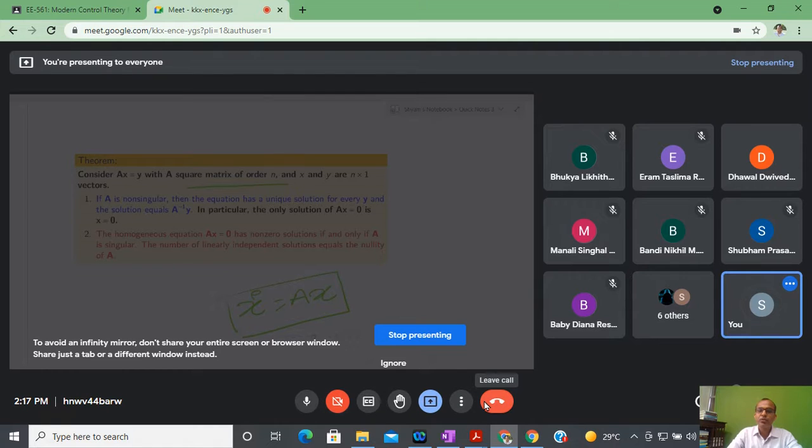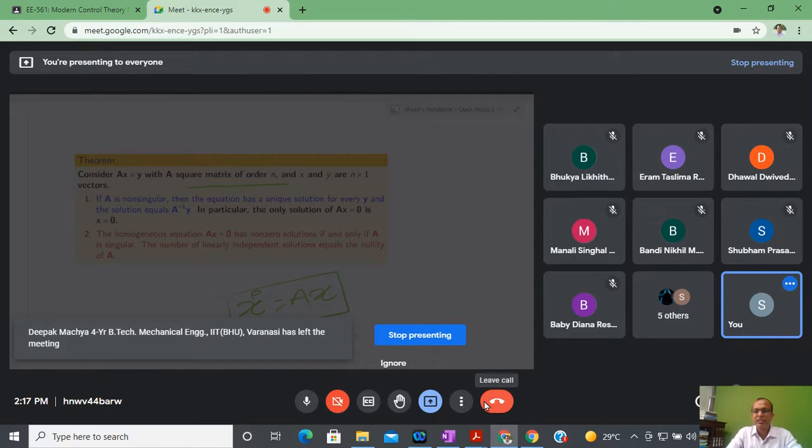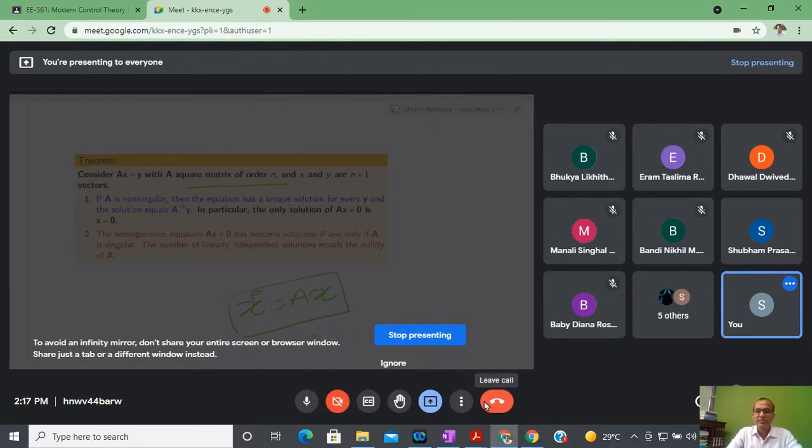Shubham, could you please comment on when Ax equal to 0 gives a unique equilibrium point? Dhaval also, please comment, that is not a problem. Determinant of A does not equal 0. Yeah, and what is the solution? The solution is the trivial one, x equal to 0, because I have a unique solution. Now could you please tell me under what situation I have infinitely many equilibrium points?